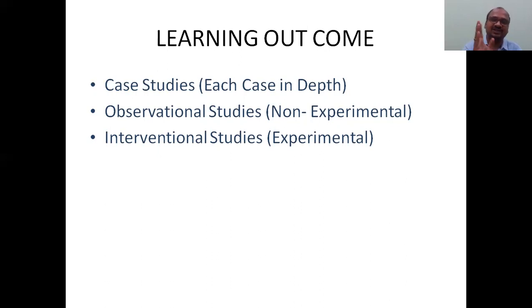Observational, you are observing only. You are not doing any experiment. Interventional studies means you are doing an experiment. I will tell you a simple example. When we are doing a practical in our college laboratory, we are doing various experiments. Some students are doing a practical experiment, isn't it? You can call those persons interventional studies.